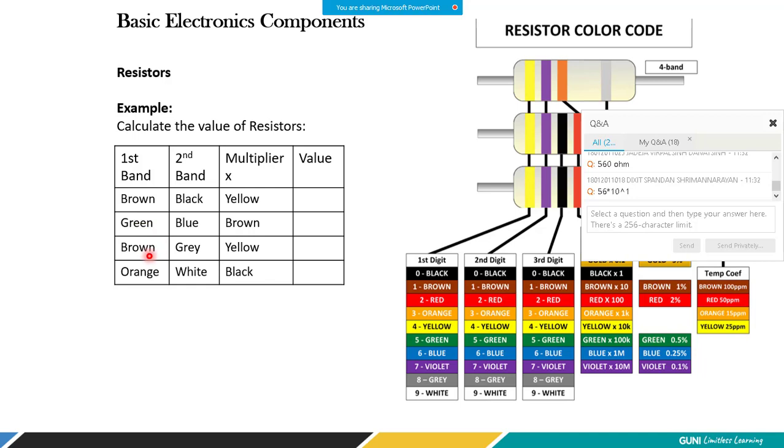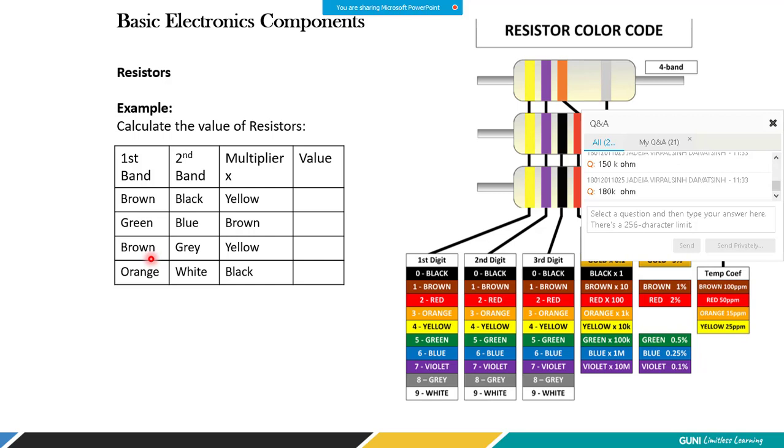For the third one, can anyone tell? What is going to be for the third one? Can you calculate? Right. It's 180 kilo ohm. 180. Yes or no? Yes, it's 180. Brown, gray, yellow. 180 kilo ohm. Right? Yes. I hope it's a typo error. You have to write 180. Yes. Good. 180 kilo ohm.